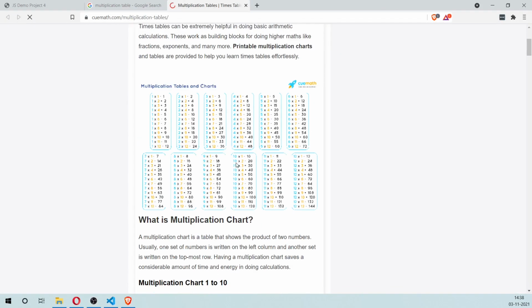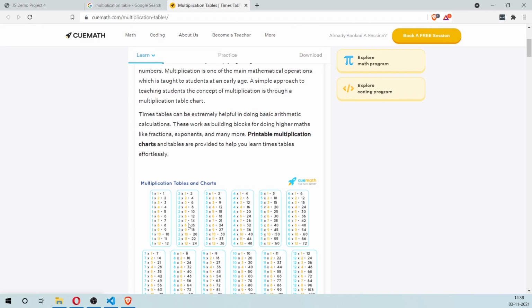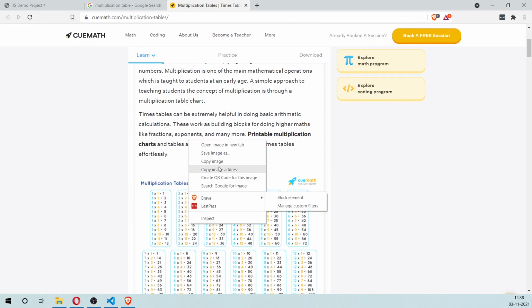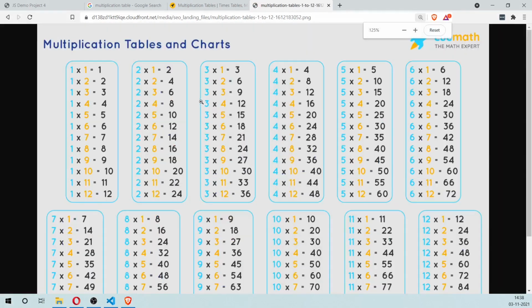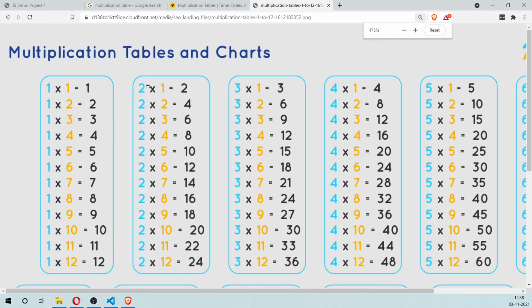So here we have a multiplication table, and if you see here, this is one particular row. Okay, this is one row, this is the second row, this is the third row, and each row contains 3 items. This is one item, this is the second item, this is the third item.